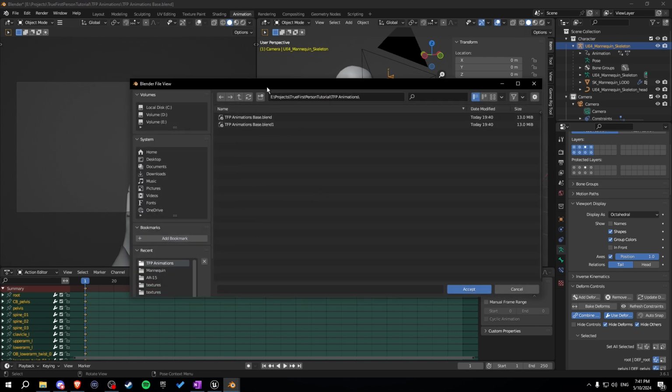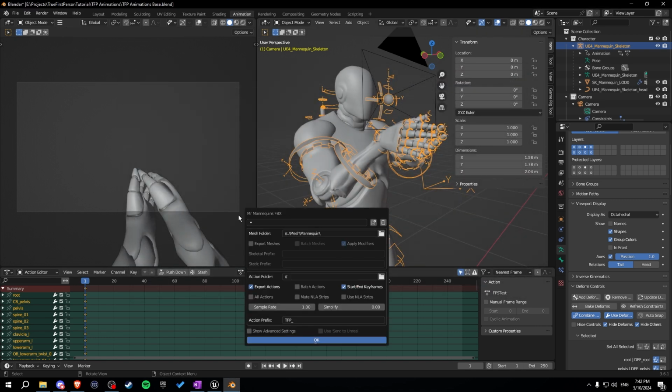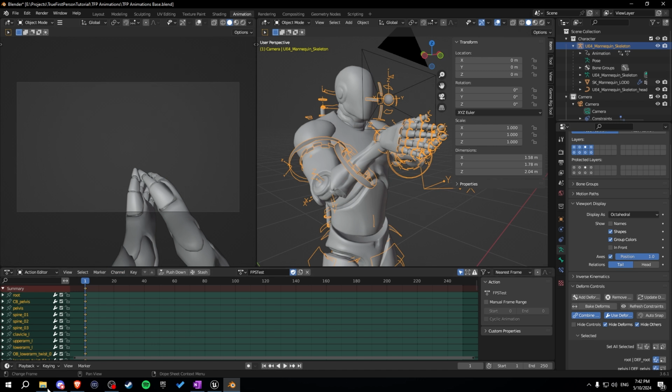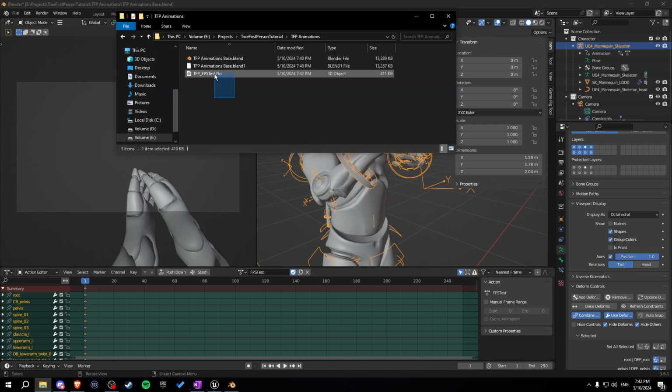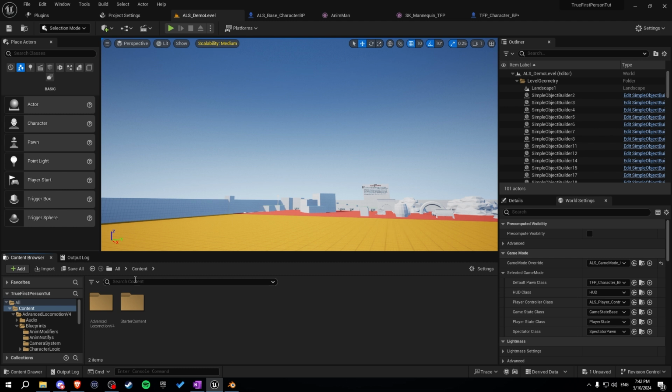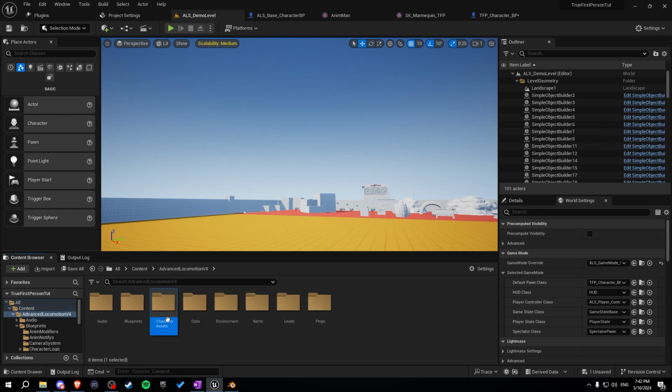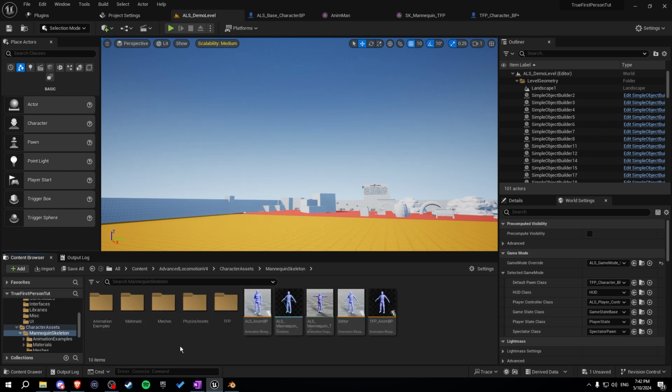Okay, then let's set up our folder. Yeah, that's the right one. And hit OK. So now here's our animation, TFP FPS test. Let's create a new folder for our animations, so advanced locomotion, character assets, mannequin skeleton, and then we have animation examples,